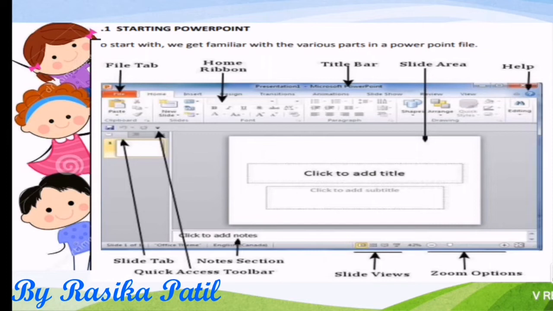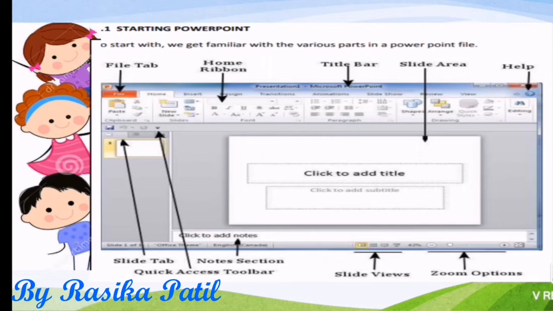Suppose after preparing a slide, I want to save it. So in this quick access toolbar, I can go and click on that floppy image. The slide gets saved. Then you have arrows. 2 arrows are there. Those 2 arrows are nothing but undo and redo.